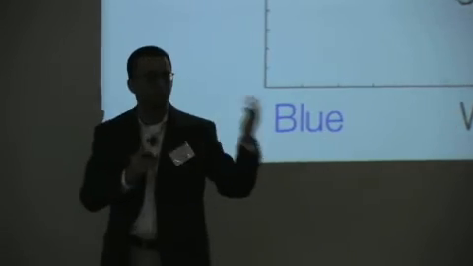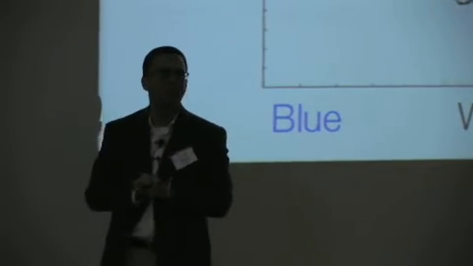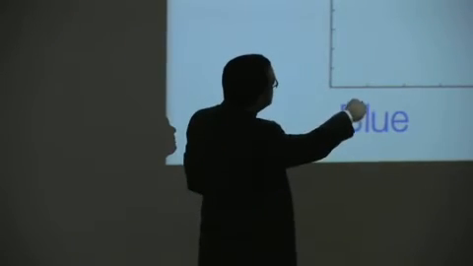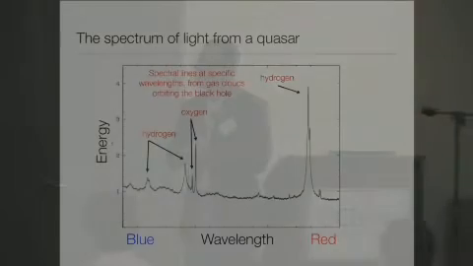Some of the clouds are moving away from us, and their light becomes red shifted. And the whole aggregate motion of this entire system of clouds that's orbiting at very, very high speed around the black hole gives rise to these very highly broadened lines. From the width of spectral lines like that, we can determine the aggregate speed that these clouds are orbiting the black hole, which in this case is thousands of kilometers per second. So these are very high speeds.